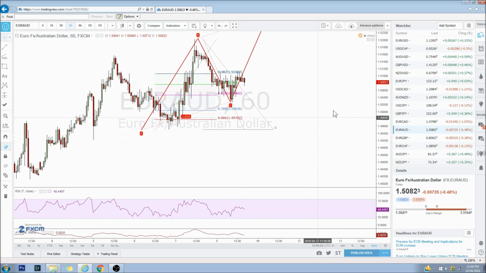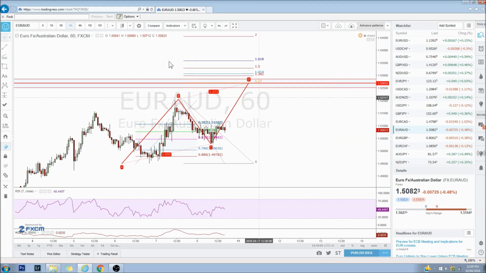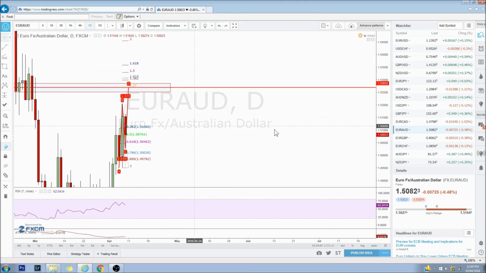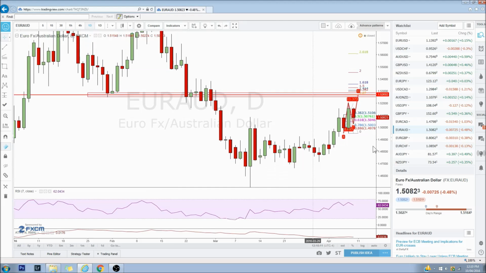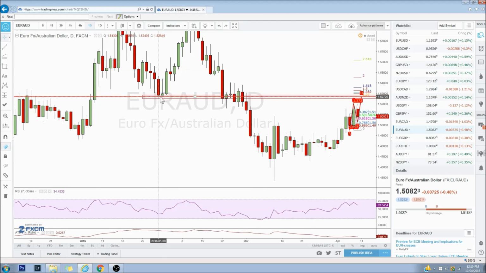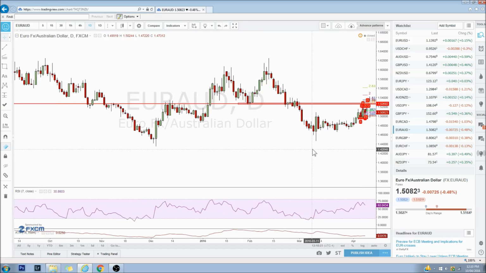And here we have a setup of possibly an ABCD pattern, which on the daily, what I did was mark off a potential area here that was support, and now maybe looking at resistance right over here. And if I zoom back,